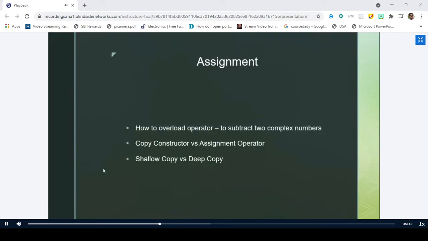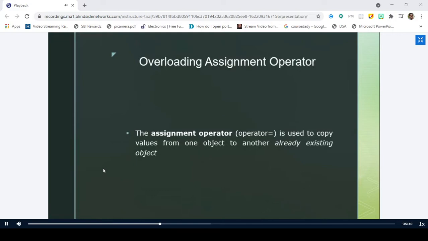Now the last one, overloading the assignment operator. The assignment operator symbol, as we know, is the equal to symbol, right? And in general, why do we use this assignment operator? What is the need of the assignment operator? Assign a value to the variable.